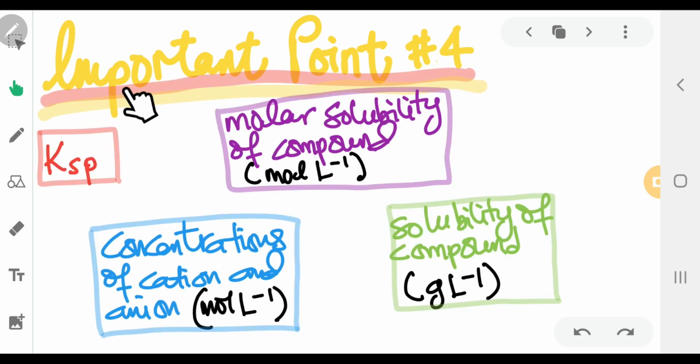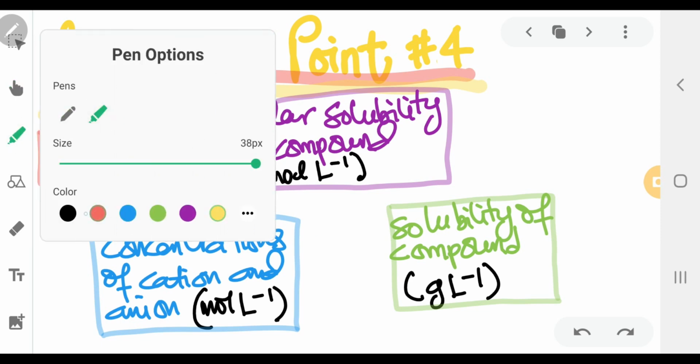The next important point, number four, is the flowchart to outline the steps involved in calculating the solubility for slightly soluble salt compounds from the KSP value, and if you get the solubility of compounds in gram per liter and the question wants you to find KSP, we're going to use this flowchart. So how does it work? If the question gives you